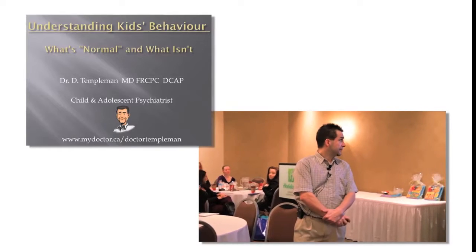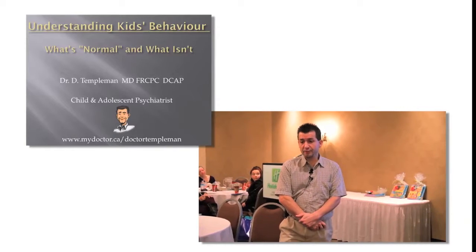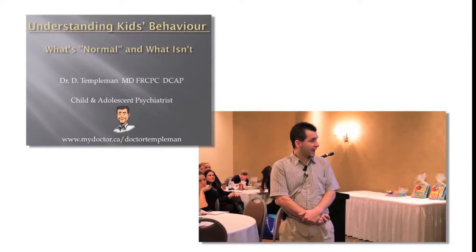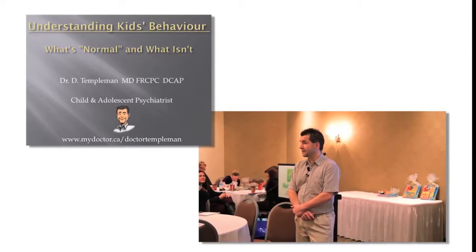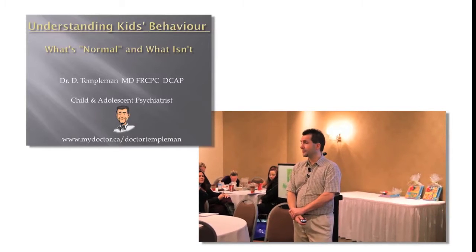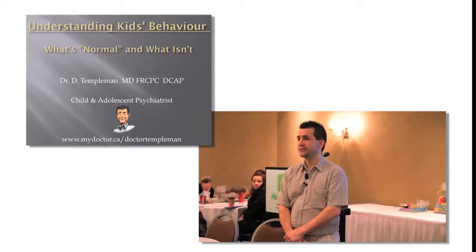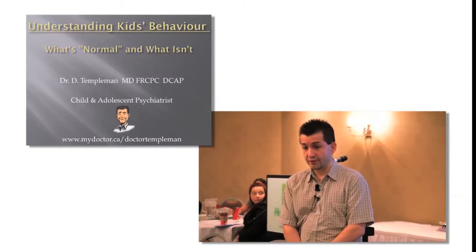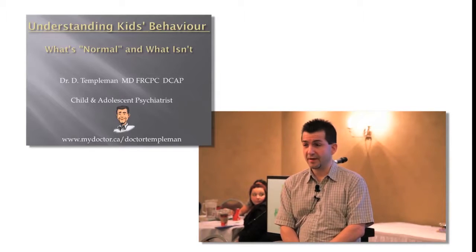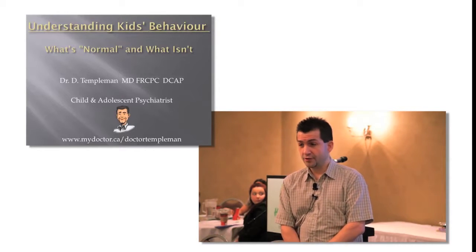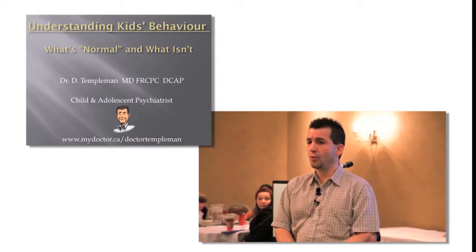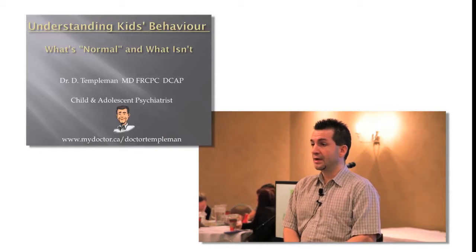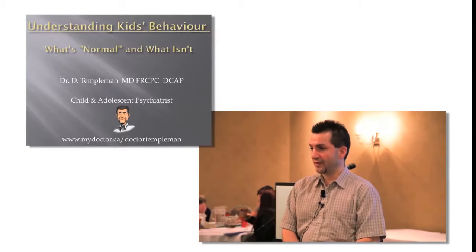So the objectives for today, what we're going to be doing is essentially providing you a framework for understanding normal children's behavior. After we go over that, I'm going to explain and give you an idea of what happens in children's brains when you start seeing symptoms that get labeled as psychiatric disorders, including OCD, ADHD, anxiety disorders, and so on, so that you can have a better feel for what is a problem, what is pathological, when do we need to identify these children and bring them to medical attention or move it up the ladder to get them some help.